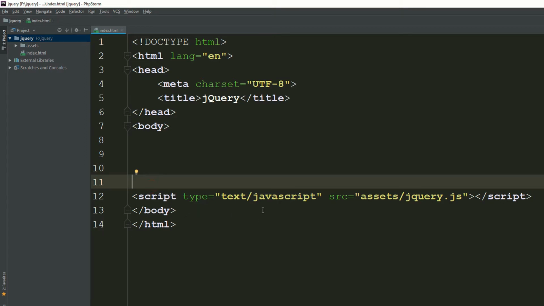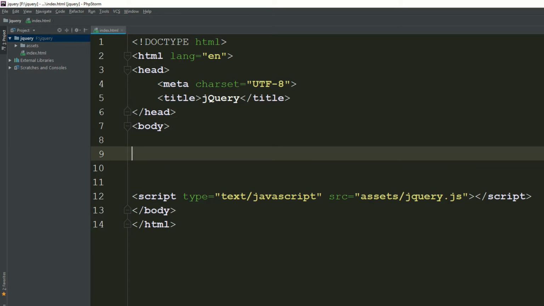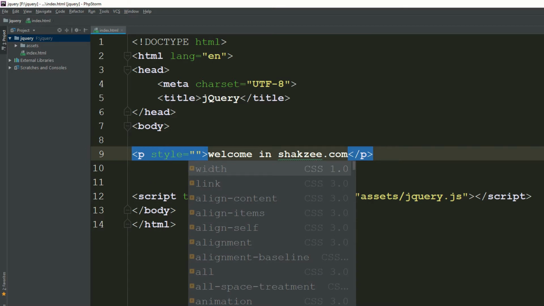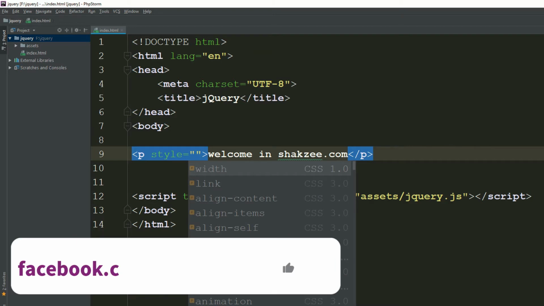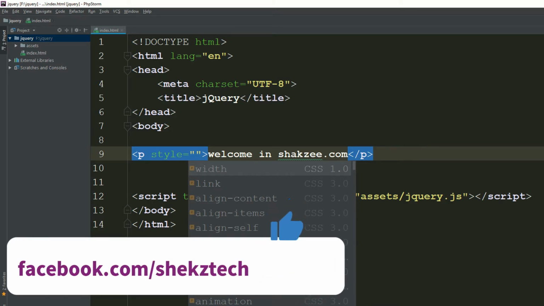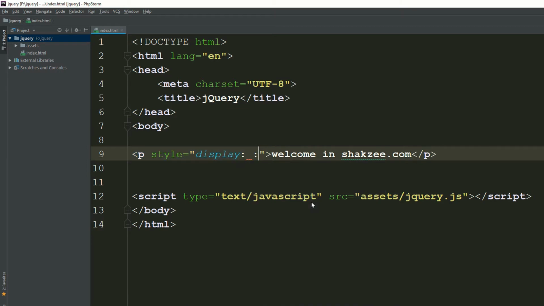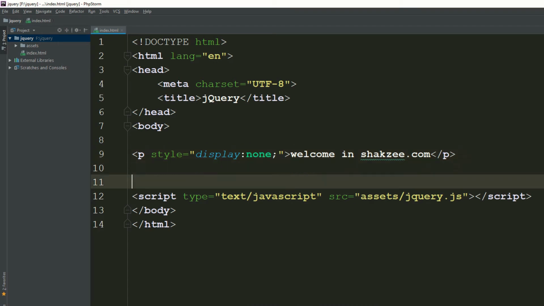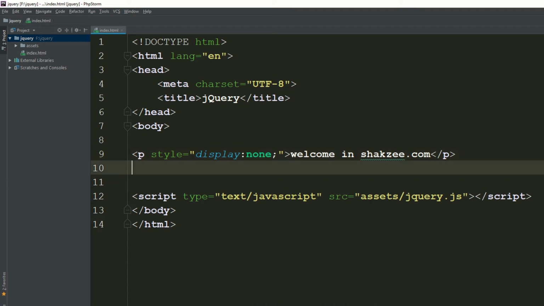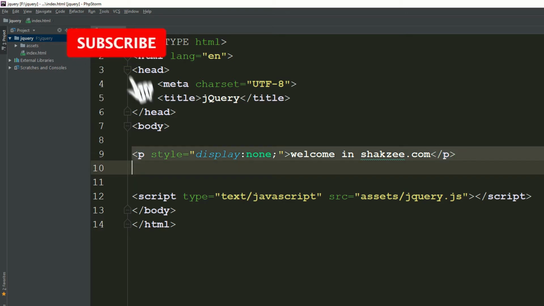So now I'm saying I have one paragraph, and I'm saying welcome in jquery.com, and now I'm using inline styling. I'm not recommending the inline styling, but I'm using it for now because I'm saving my time. So I'm saying display none property. That's why I told you that you need the basic knowledge of CSS, because CSS is required. So now I am just copying